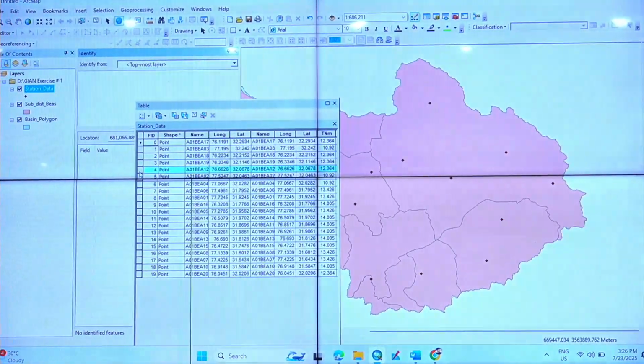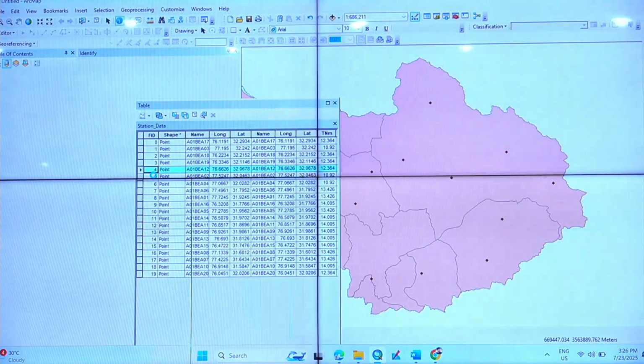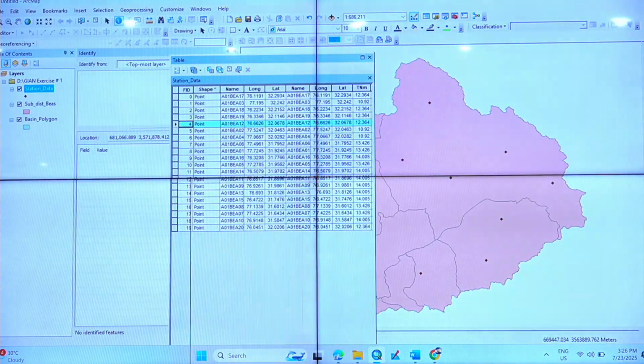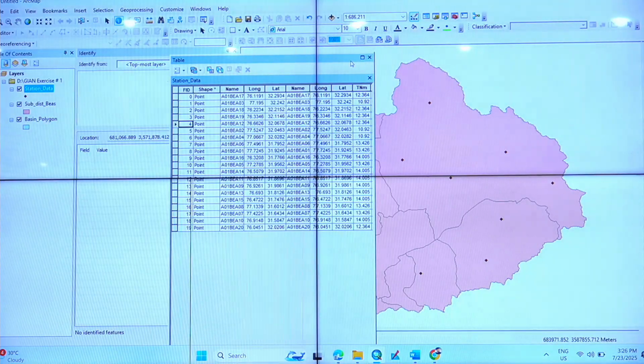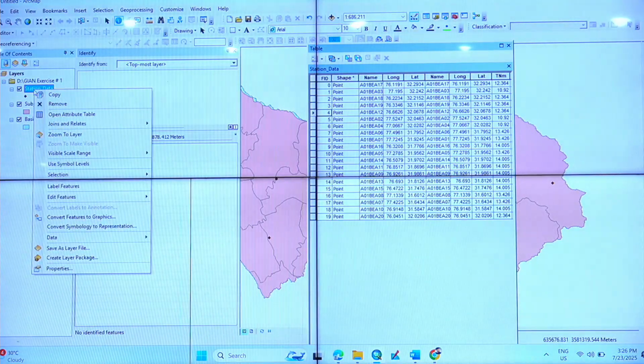What we do is go and select here and say select none. Clear selection. So after linking, I go to this file again, from where we joined, where we right clicked and went to join and relate.